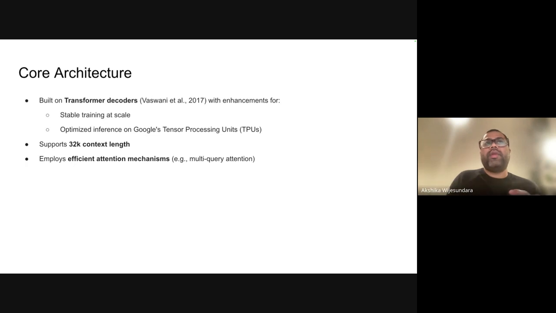How do you sort of recover from that? So all this information is provided in the reference literature in the paper. So that's really cool. Also, Gemini models state they do 32K context length. So it basically means you can provide up to 32K tokens, the size of the content when you ask questions,